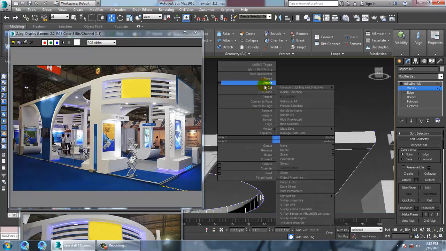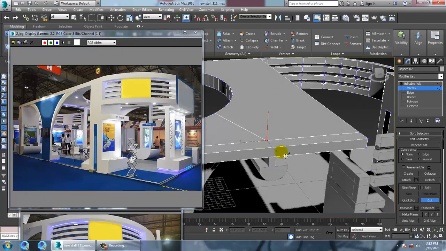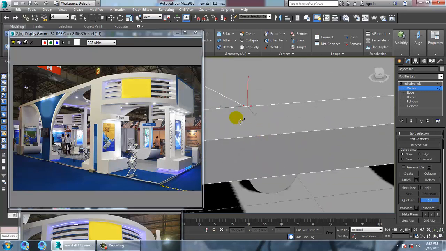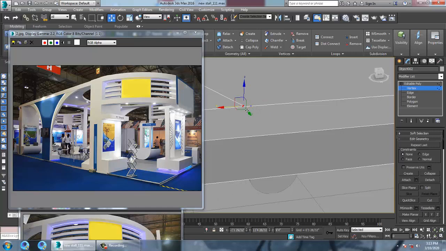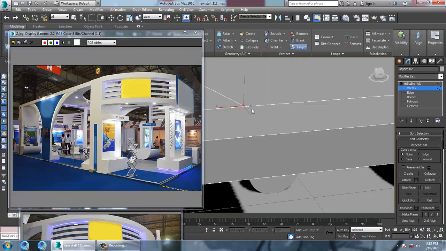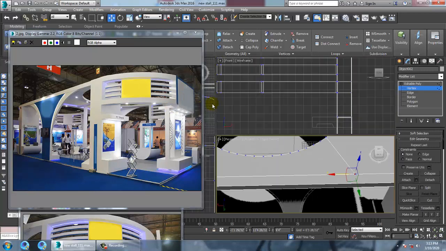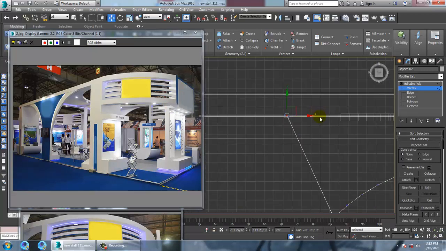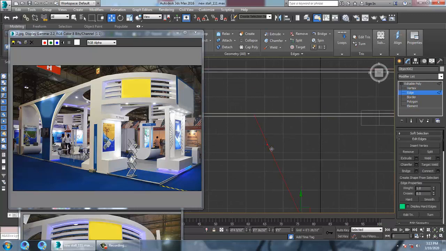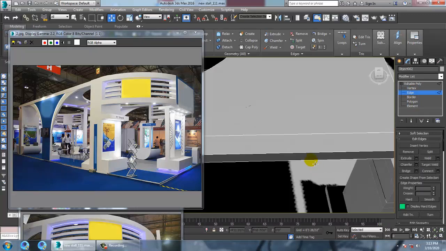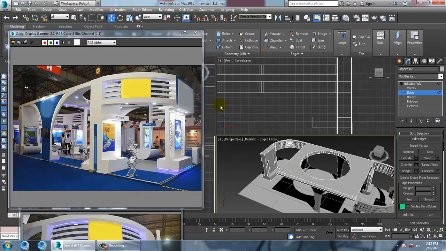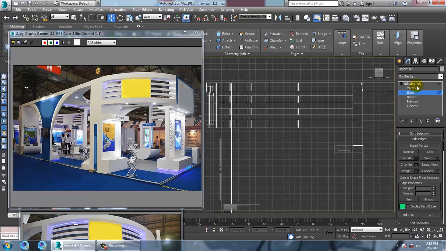So you can select this one and use a target weld. I'm not going to target weld it. What I can do is I'll just go onto the top view, I'll select this edge and delete this edge, go into the vertices,